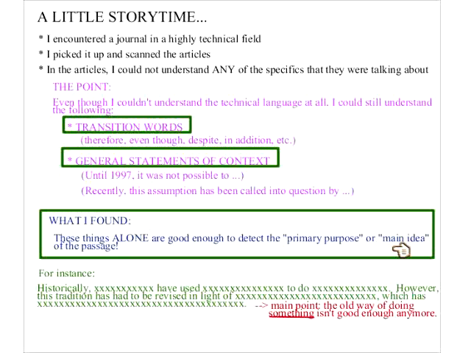So we're going to make this a little bit more concrete. We are going to apply this to some actual passages from GPrep and see how that flies. Any questions on what's going on in this slide? Does everybody understand what I mean when I say transition words, and what I mean when I say general statements of context?